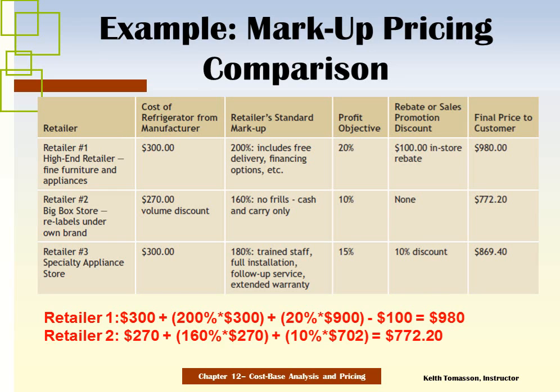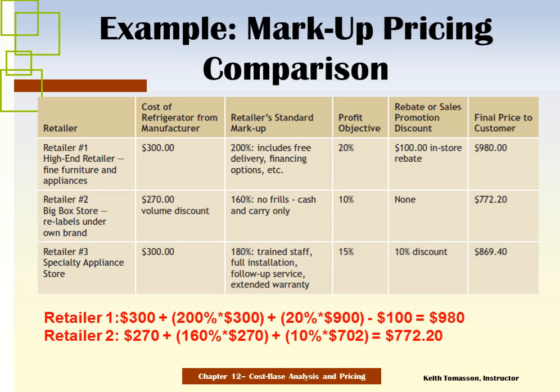Our second retailer is a big box store, and it relabels the products that they receive under their own brand. So perhaps a store like the Brick, or perhaps even Sears. Because they do a large volume of business, they're able to negotiate a better price for the base model refrigerator. And so they only pay $270 as opposed to $300 that other competitors might pay